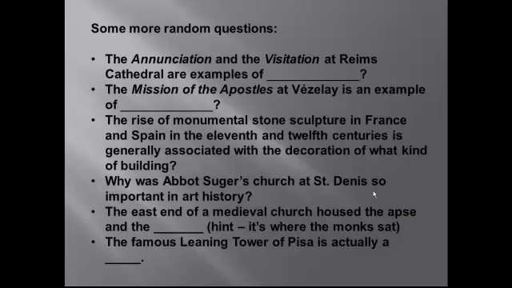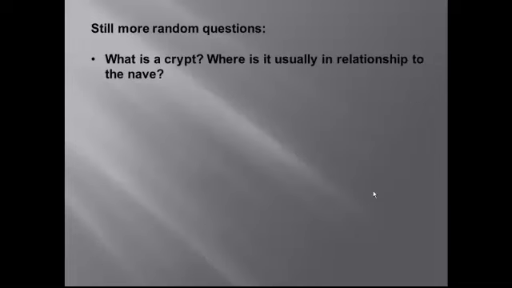The east end of a medieval church housed the apse and the blank. And hint, it's where the monks sat. Remember that the priest faced the apse and the altar and therefore had his back to the congregation? Remember that the monks got to see the back of Duccio's masterpiece, the Maesta? That's because they were sitting in the... Oops, I thought I had another image there. At any rate,